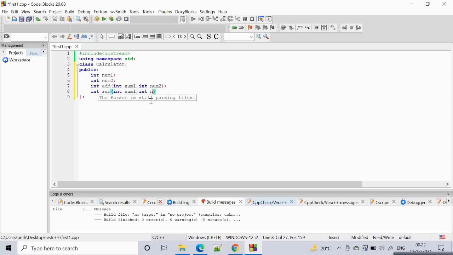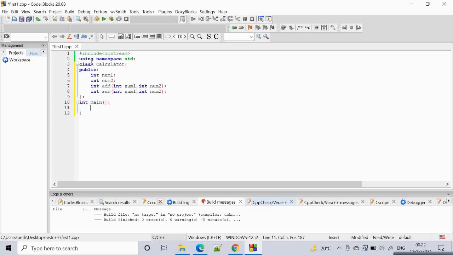Now coming out of this class you can write the main function. Over here first of all we will be creating an object of this class and calling it.